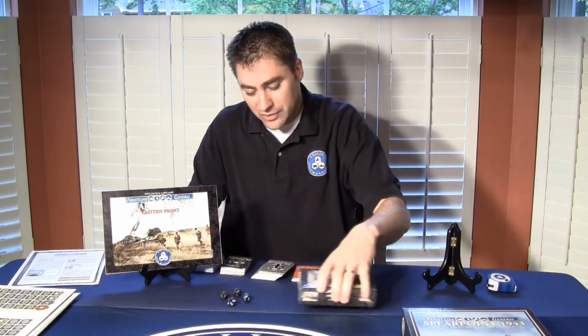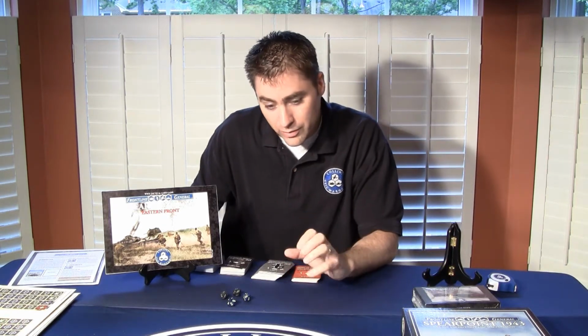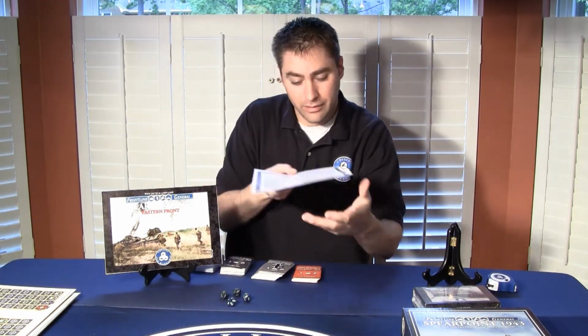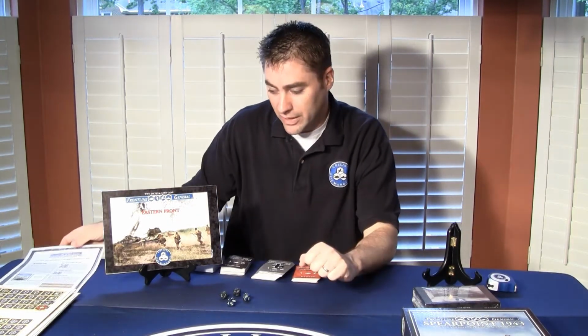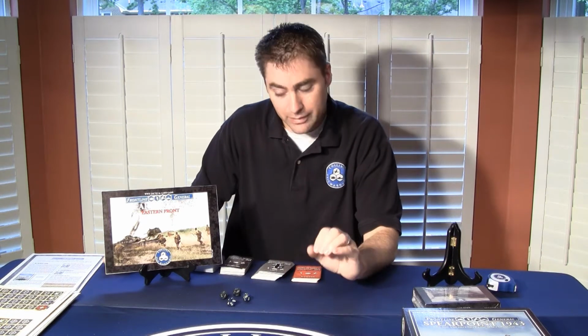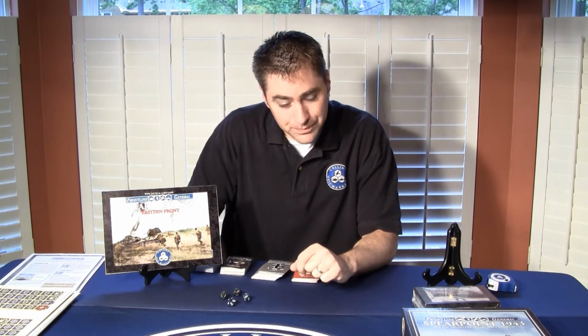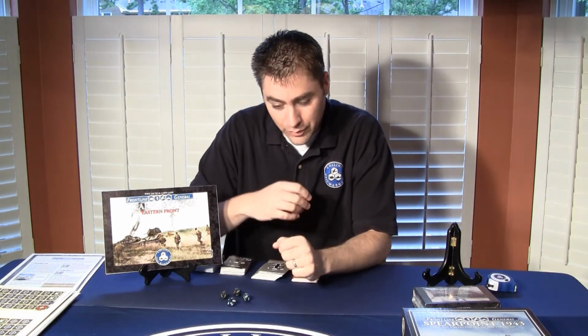Let me explain to you real quickly how we're going to help you learn how to play the game. In our printed rules, you're going to find something called a QR code. QR codes, you've probably seen them on packaging, boxes and so forth before, but the way we're using it is to link to a video tutorial of how to play or how to understand a particular concept in the rules. So for example, if we want to explain how line of sight works or how combat works,